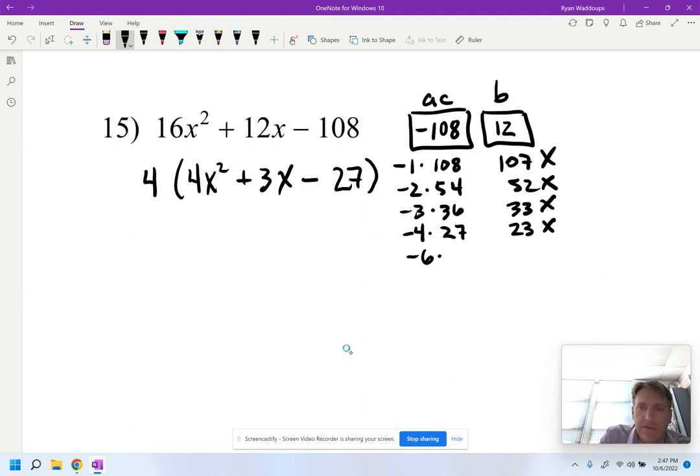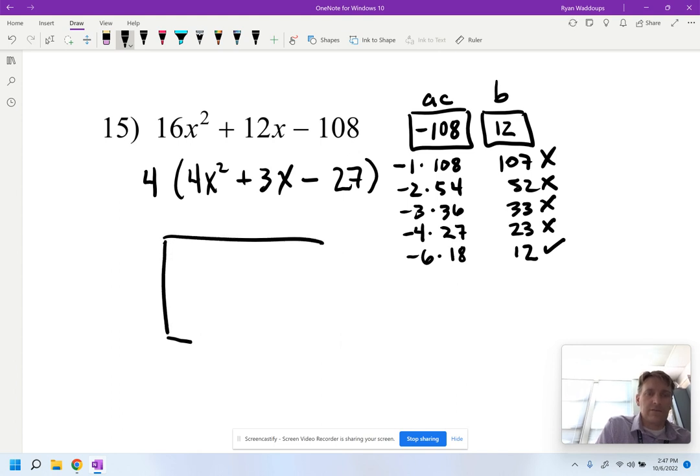Goes in 18 times. So negative 6 plus 18 is 12. So since we're looking for 12, then that's it. So then we go to the box,